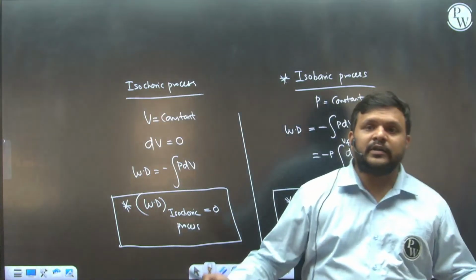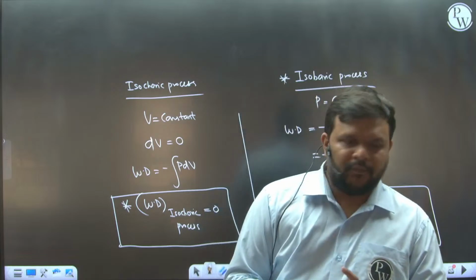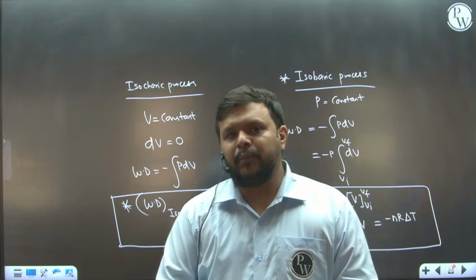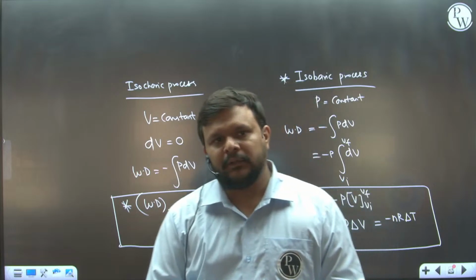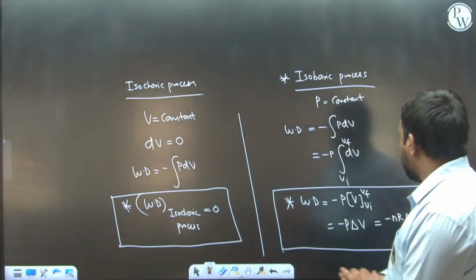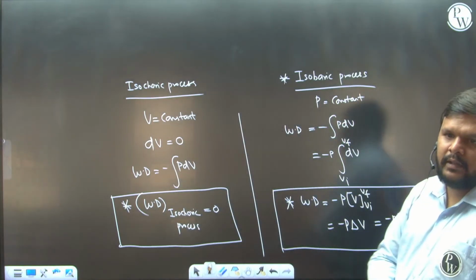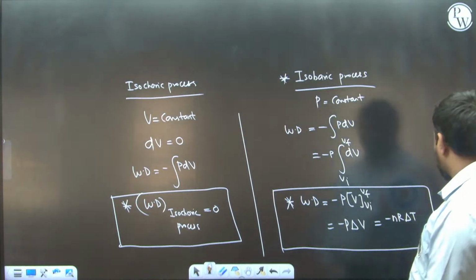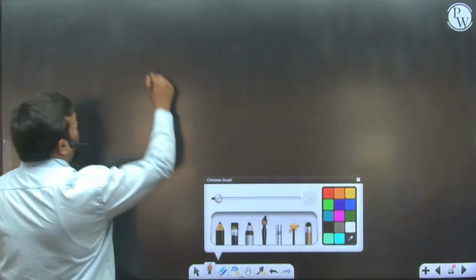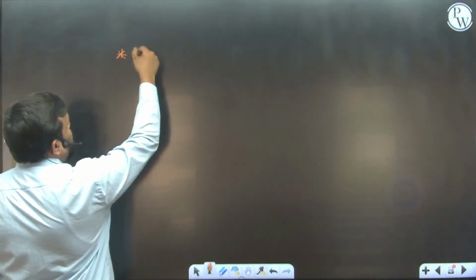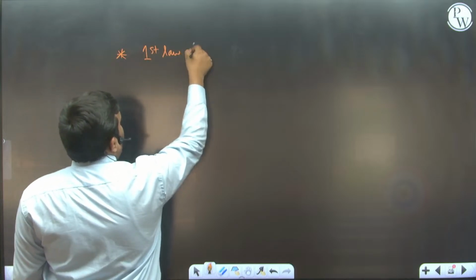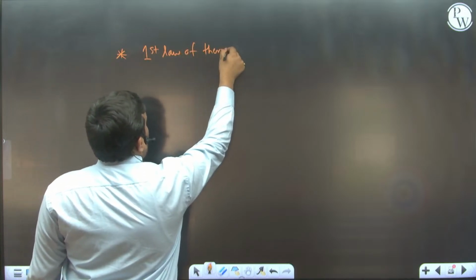So these are the work done derivations that I did, firstly for irreversible process and then after for reversible process. Important are isothermal and adiabatic. Okay. So let us move forward now. We covered the work done and now we will be studying the first law. Already I told you, because we had an important question for the first law. So already some part we discussed about the first law of thermodynamics.